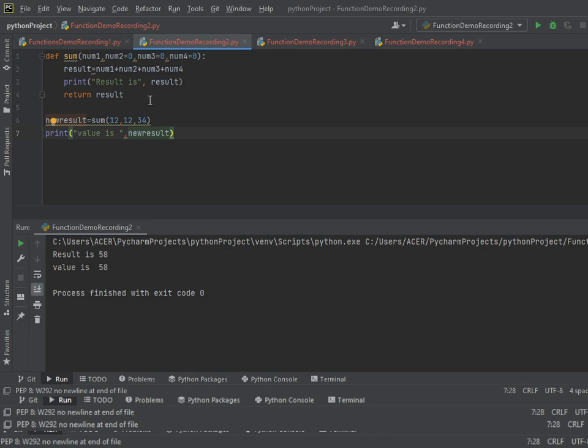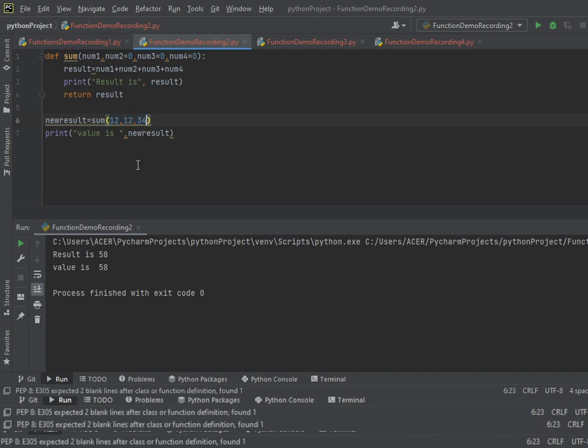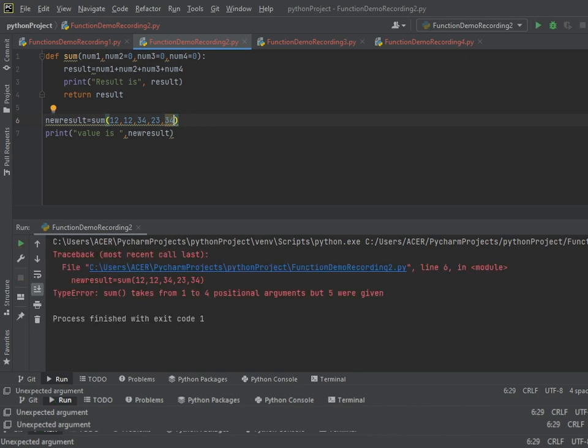It's because of this. Here we have given 4 variables: num1, num2, num3, num4, and here we give 3 values. We can also give 4 values, but if we give 4 variables and 5 values, we'll get an error.